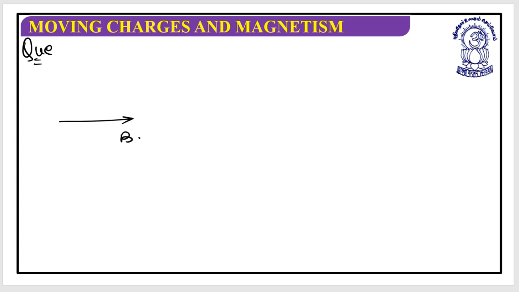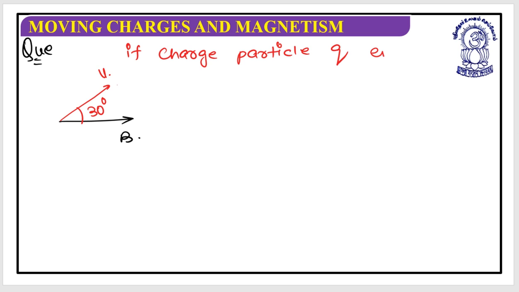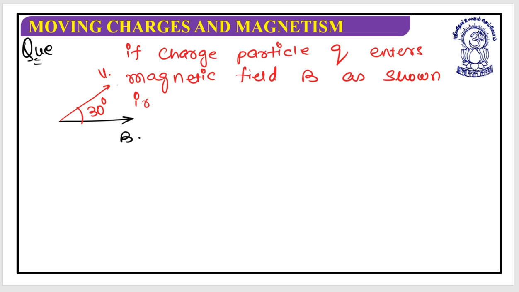This is the magnetic field. This is the velocity vector. This is the angle, 30 degrees. If a charged particle Q enters a magnetic field B as shown in the figure,